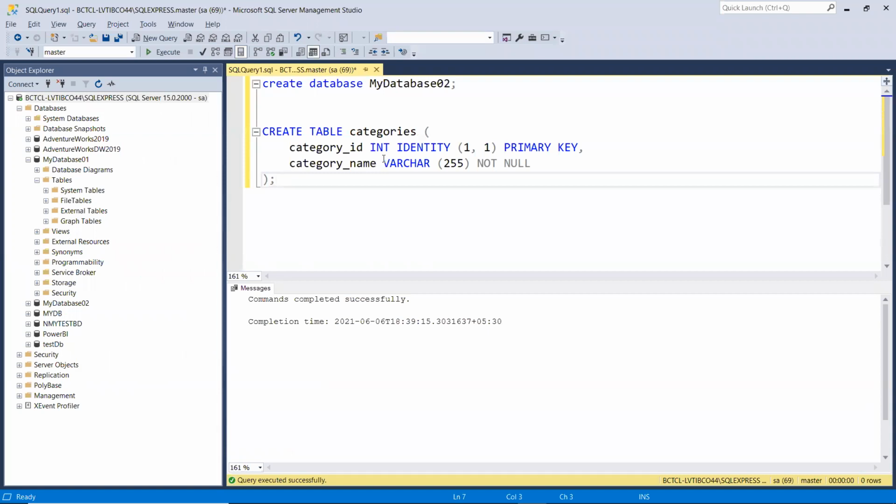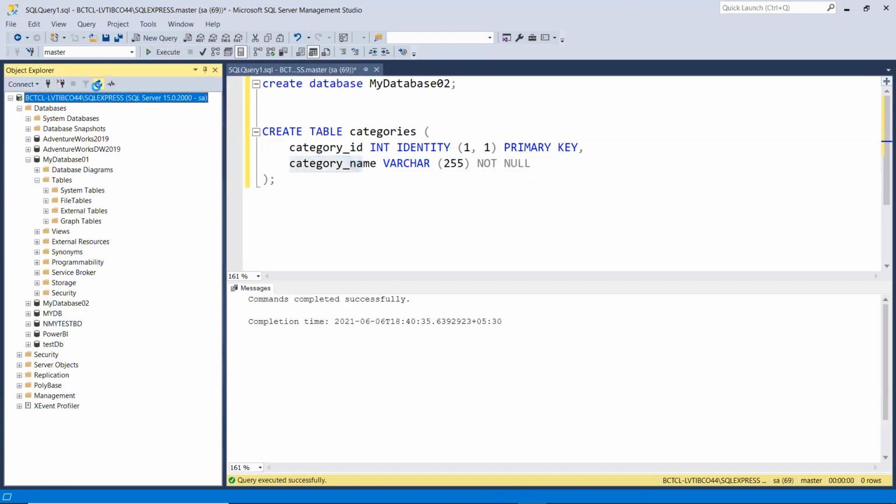What I'm trying to do here, in very simple English, is create a table, and the table name should be the category, and then we have some columns. Just focus up to this point only. We create a table and then some column names. When I execute this command, it will create a table for me. We'll talk about the other stuff later. Once we have created that table, I'll again have to refresh the connection.